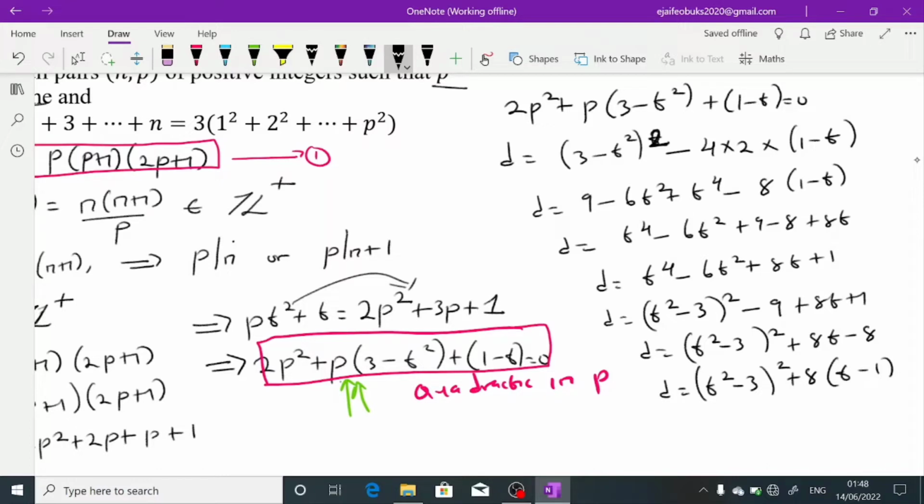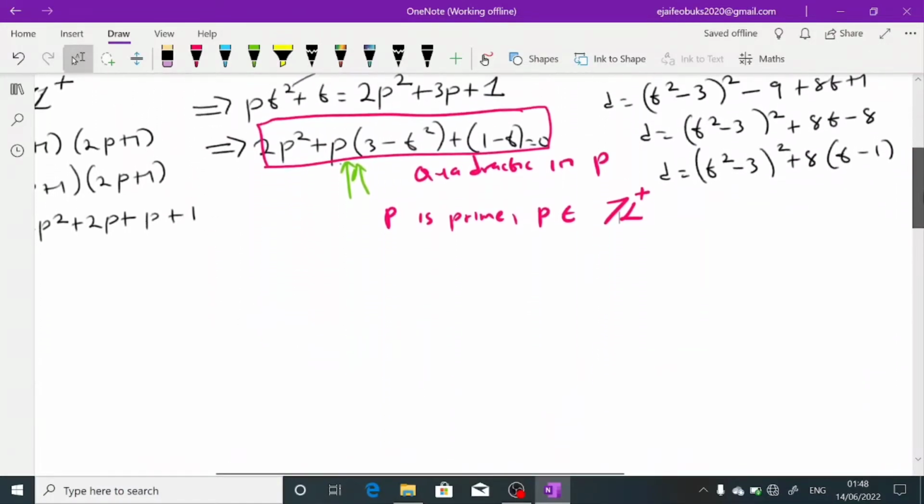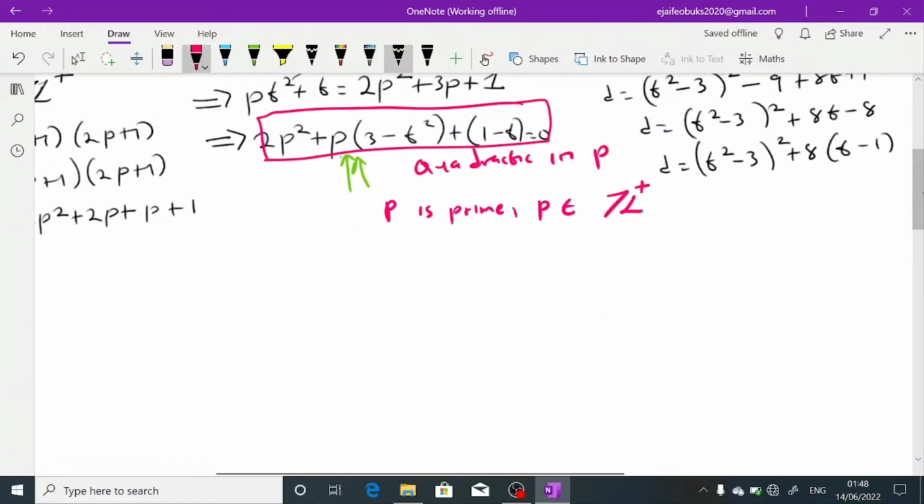First of all, from the problem, we know p is prime, and that also means that obviously p is a positive integer, and positive integers are actually rational numbers. All positive integers are rational. So since p is prime, since p is an integer, then